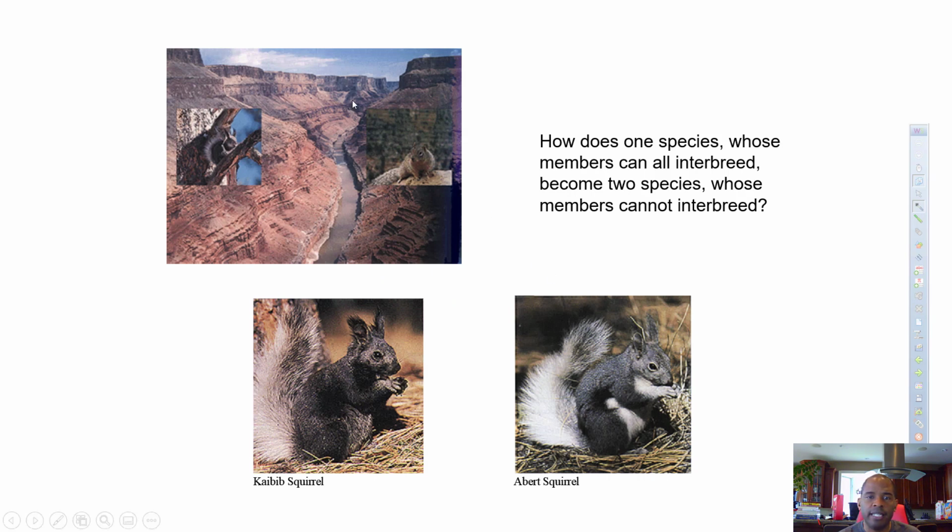Grand Canyon. So here's the Grand Canyon. It's separated by the Colorado River. The Colorado River, over hundreds of thousands of millions of years, has caused the land here to be separated north and south. And on one side, you had one population of squirrels, and on the other side, you have another population of squirrels. If you look at them, they look different from our squirrels. But the two of them look quite similar, except for the coloration. And there are many opportunities for animals on the north side and south side to intermix. But these are brand new, distinct species. They no longer interbreed, and that would be an example of